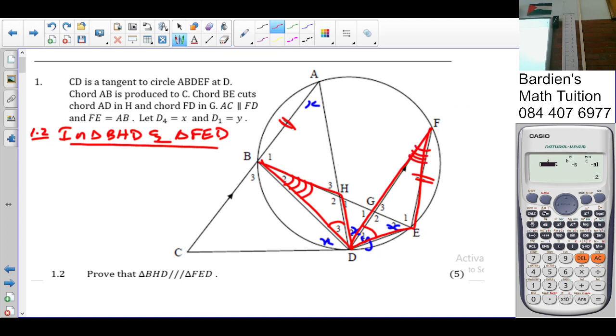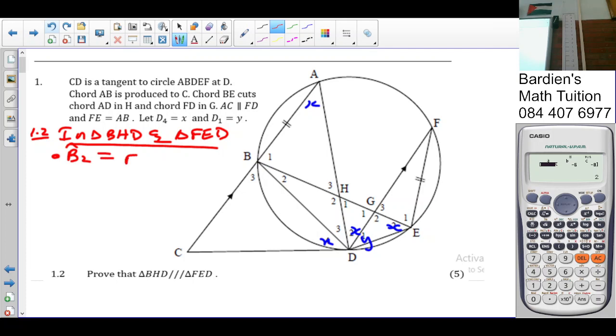Angles in the same segment. Then H2 has to be equal to the combination of E1 and E2, not so? So let's write that down. And when you prove similarity, we just need to prove that two angles are equal. So in the first case, it's going to be B2, or we could have worked with the sides.